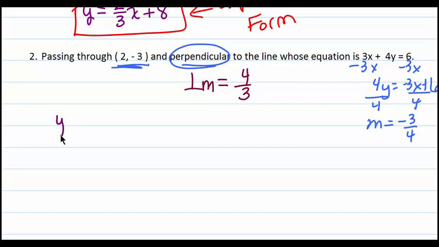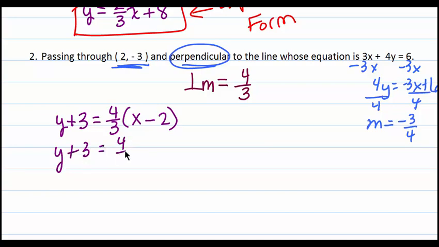So I have y minus, my y value is -3, so +3 equals 4/3, open my parentheses, x minus, my x value is 2. y plus 3 equals 4/3 x, put a 1 underneath it, minus 8/3. Subtract 3 from both sides. I have y equals